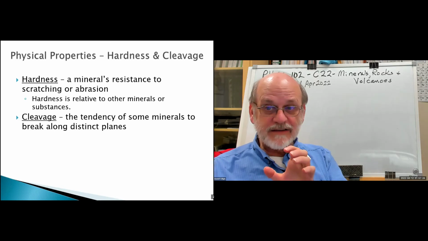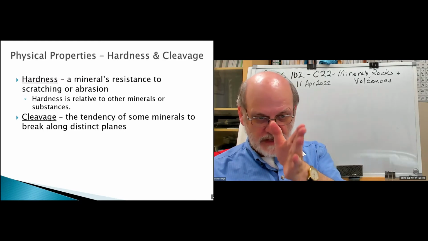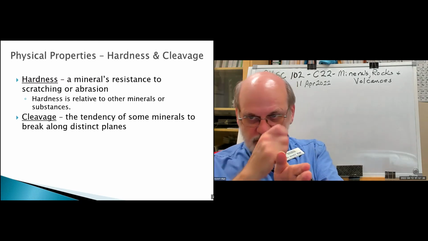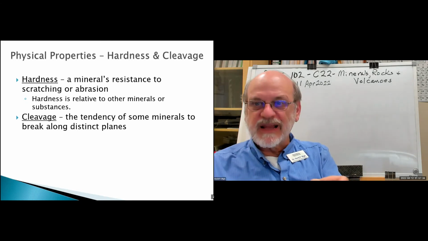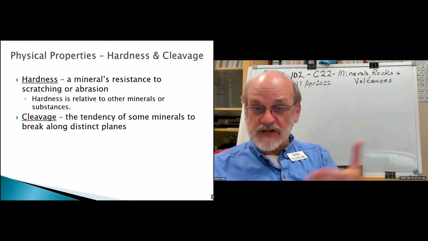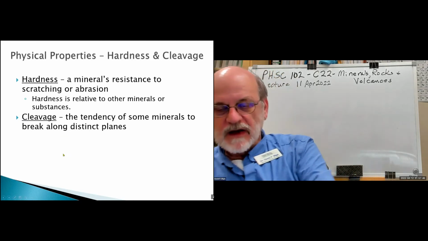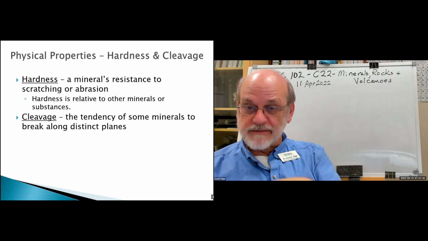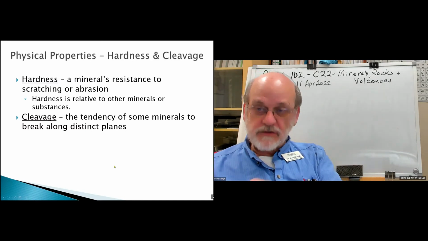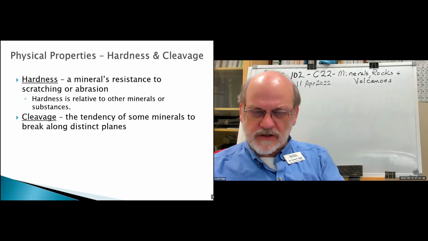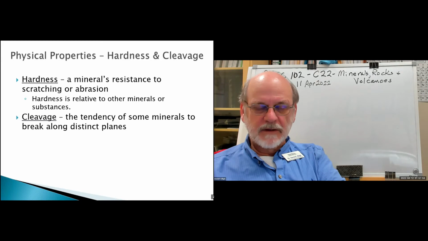And once they finally decide on how it works, they position their tool in a certain place and strike, and the stone breaks evenly down that plane. That is a certain type of cleavage for that diamond. Other minerals have a certain type of cleavage depending on the mineral. And it gives you a bit of information about what type of mineral you are looking at.